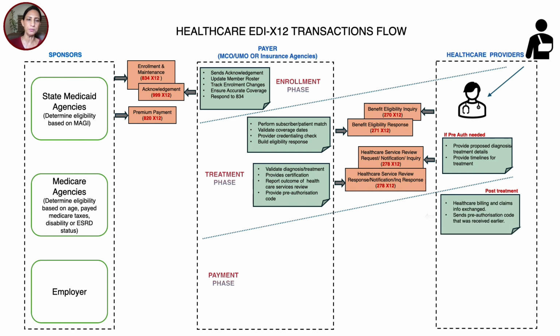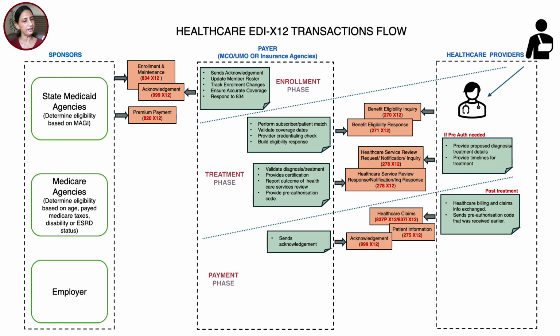So post-treatment, the healthcare billing and the claim information here, as you see, 837 professional or 837 institutional X12 file is sent from provider to the payer, and if required, the patient information is also sent in the form of a 275 X12 file. It goes to the payer. The payer would send an acknowledgement file that, hey, I've received that information. They'll send a 999 X12 file that the information is received,